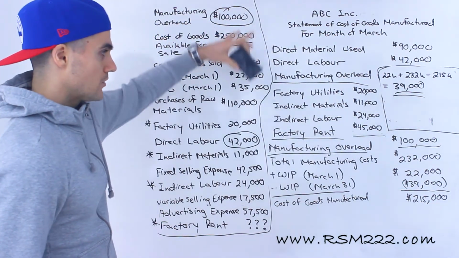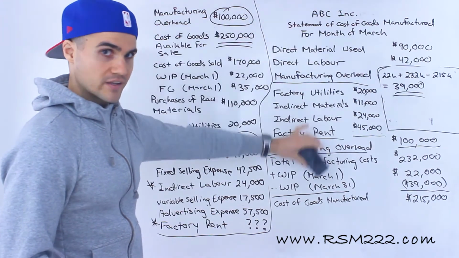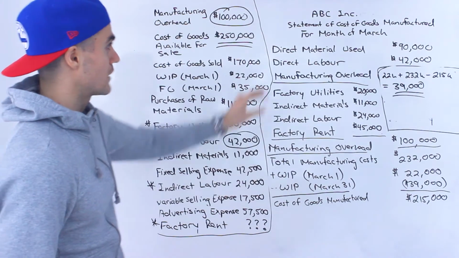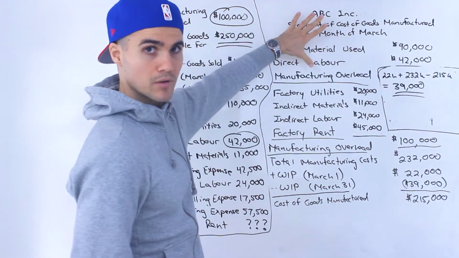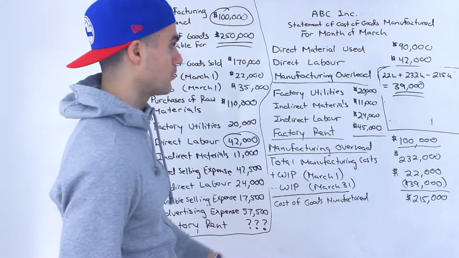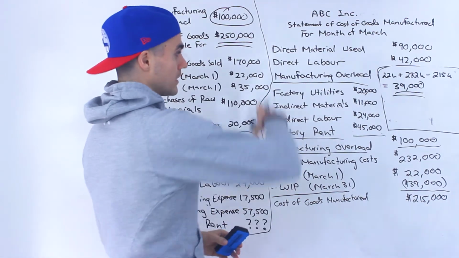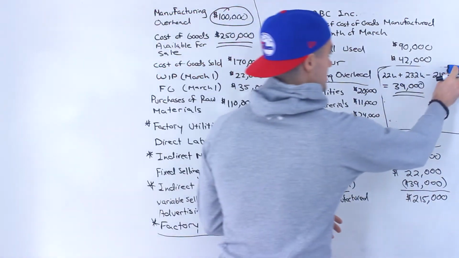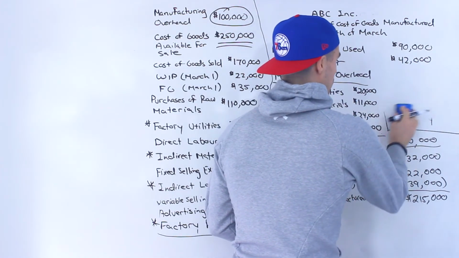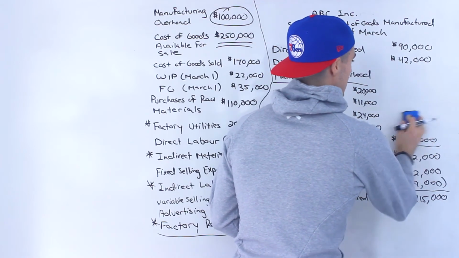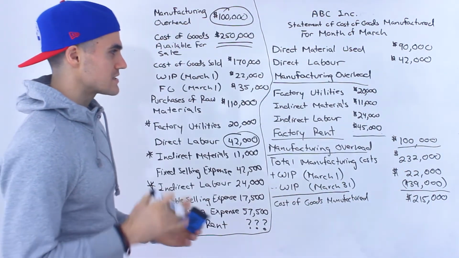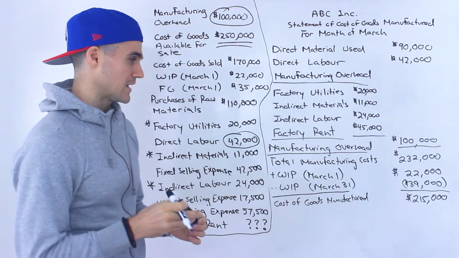All right, and now notice that we've fully filled in that statement of cost of goods manufactured. This direct materials used, there was a little bit more work at the beginning. I erased it just to save room on the whiteboard. I had it at the beginning. But including all that, that's the full statement right there. So if I erase this box that I made here for the side work, this is basically all of it right here, right? So there was a lot of stuff that we had to calculate and we had to go